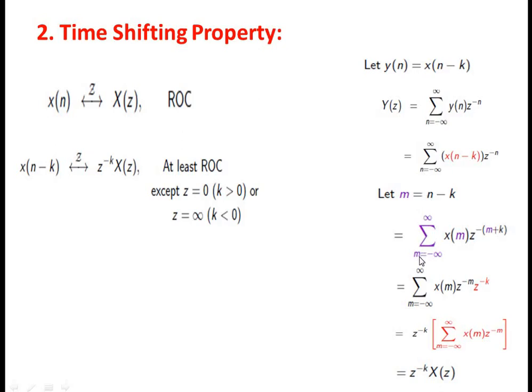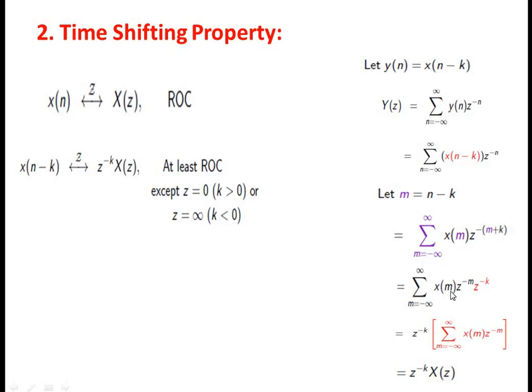But here we are not having the value of k, because the input signal x has a dependency only on m. It does not have any function related to k. So we need not bother about the presence of k in the summation, and you can remove that summation of k. So here we have removed it.